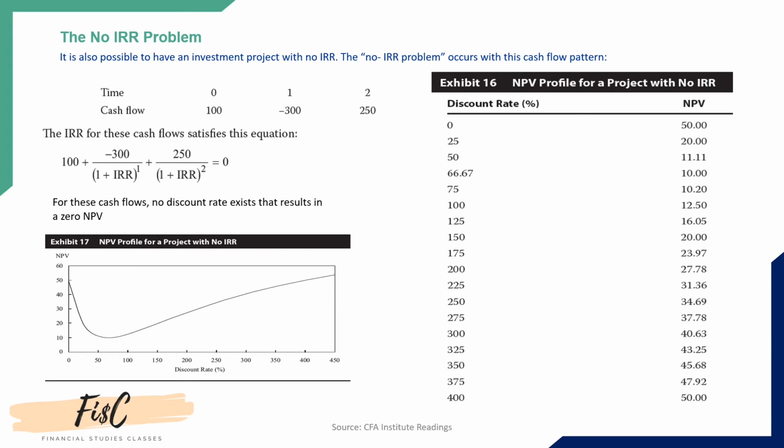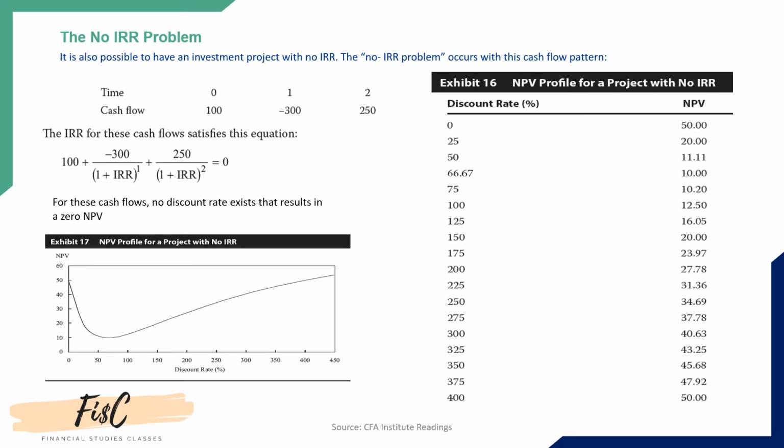The other issue is the no IRR problem. No IRR means a project which doesn't have an IRR at all. So you can see in the cash flow in Exhibit 17 that there is no point where the NPV profile is crossing 0. So it means that there is no IRR in this project. Now you can see in NPV there is always a positive NPV in this kind of project. So it's obvious that one should definitely invest in such a project where you are getting all positive numbers.